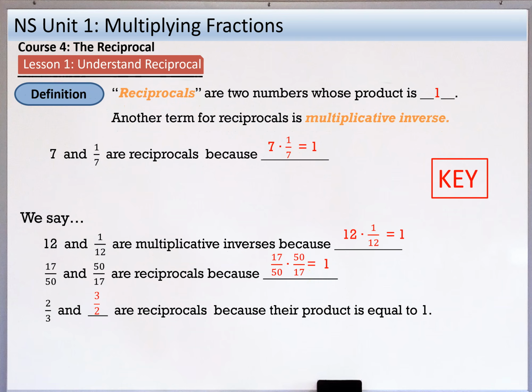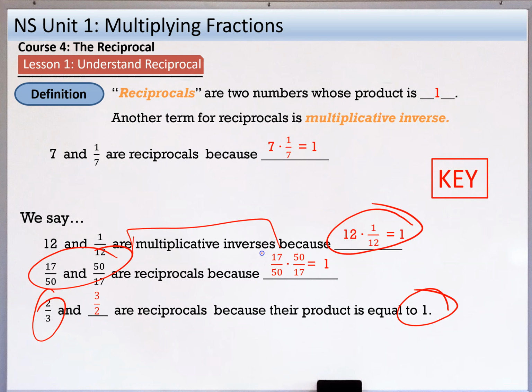Why are 12 and 1/12 reciprocals? Because their product is equal to 1. Why are these two numbers reciprocals? Because their product is equal to 1. 2/3 times what gives you 1? 2/3 times 3/2. So we can use the terms reciprocal and multiplicative inverse